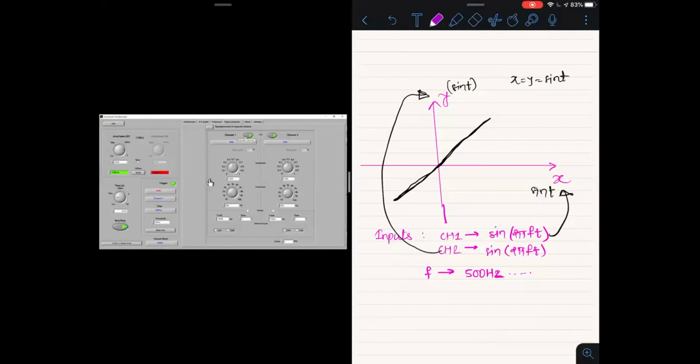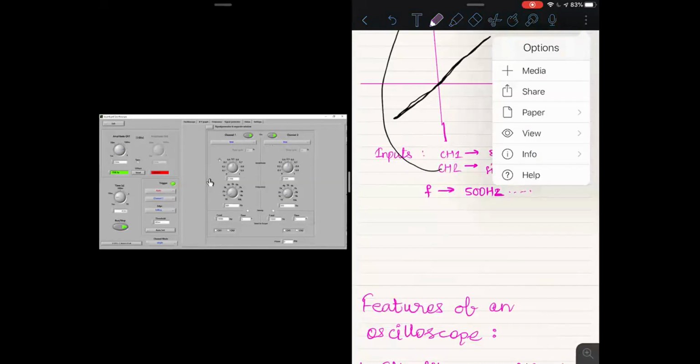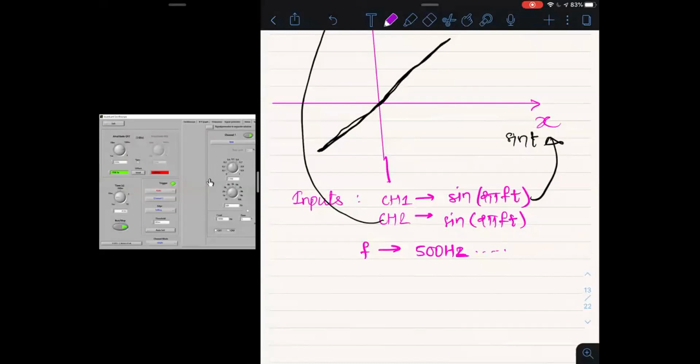So it might happen that after producing some waveform on channel 1, it takes some time to produce the output waveform on channel 2. Basically there is some delay between the two channels, and because of that delay, there is some phase shift between the two voltages.